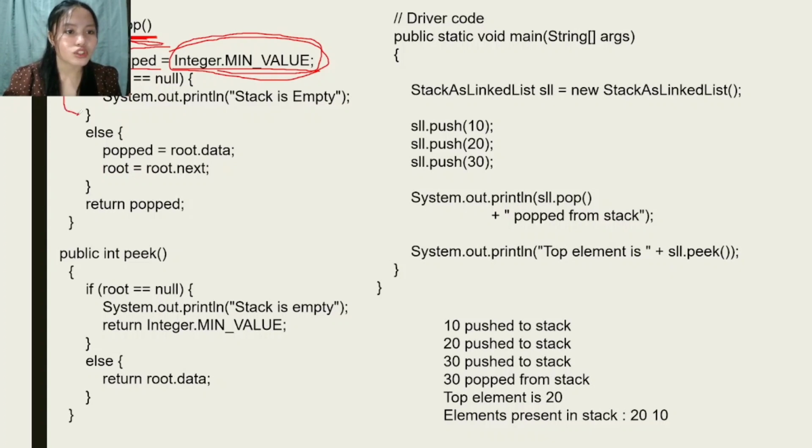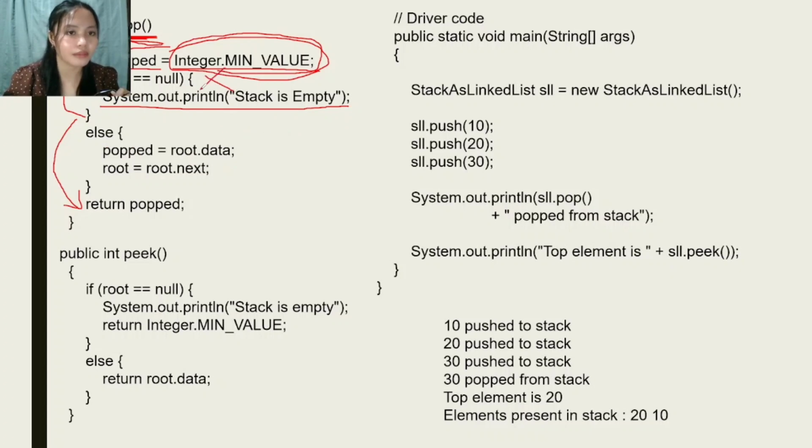This statement checks if the root is empty or is null. If it is empty, then it will print stack is empty and will return popped. It will return negative 2 to the power of 30, which is the minimum value that an integer can have. Else, if the root is not empty,